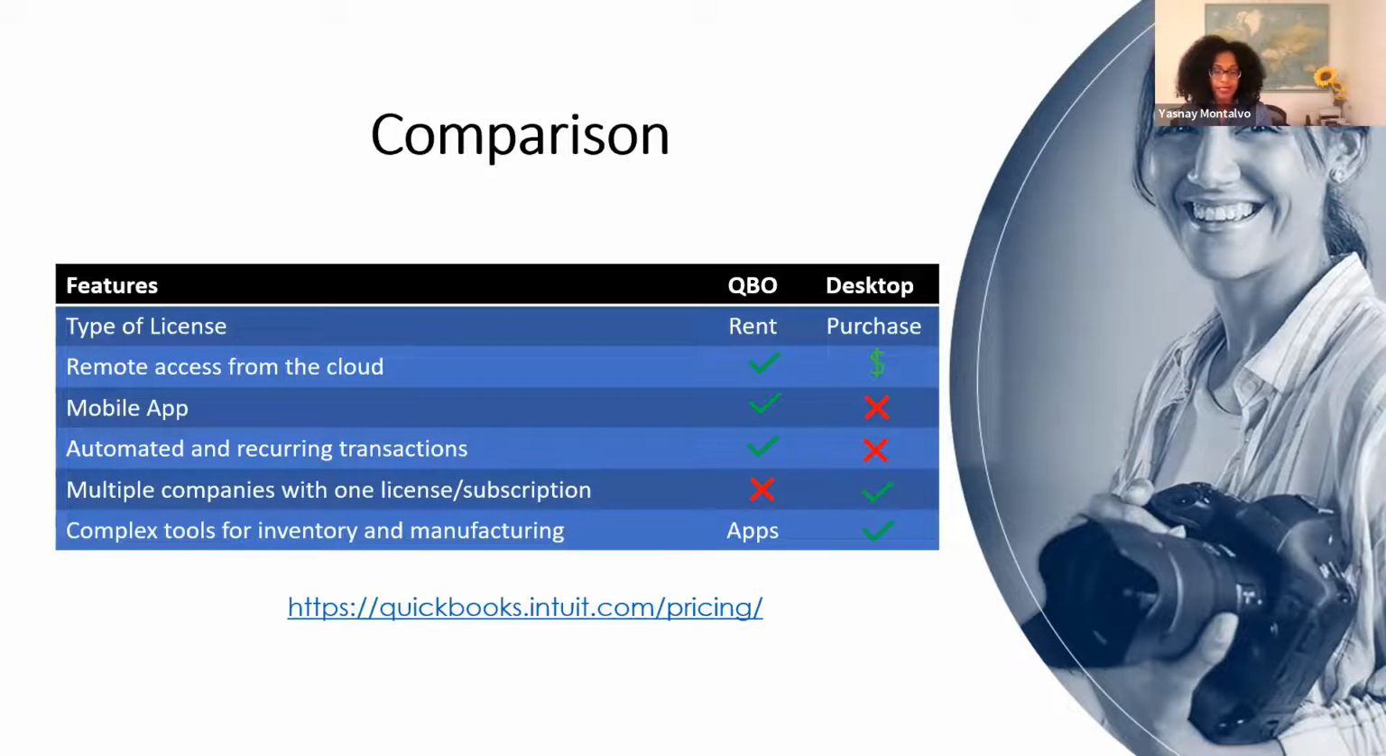With the desktop, that is available, but at an additional cost, and it's not as automatic. The downside, if you have used desktop in the past, is that QuickBooks Online only works for one company, one subscription per company. And I know in desktop, they have options to have multiple companies within one license. And the reality is, if you're dealing with a manufacturing business or a complex inventory management business, with QuickBooks Online,